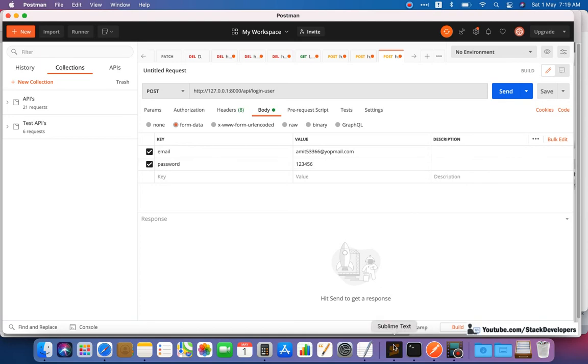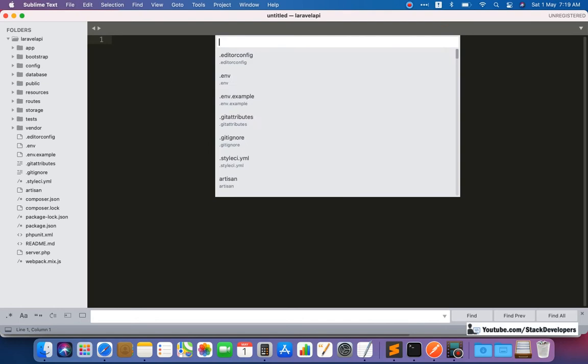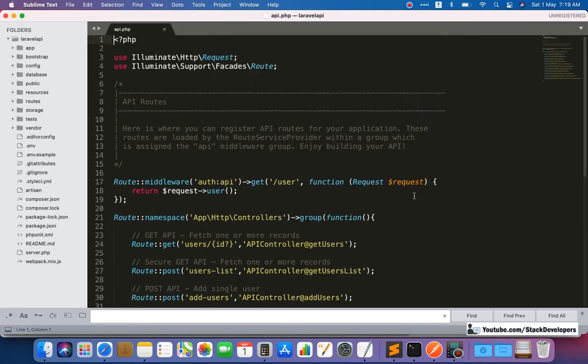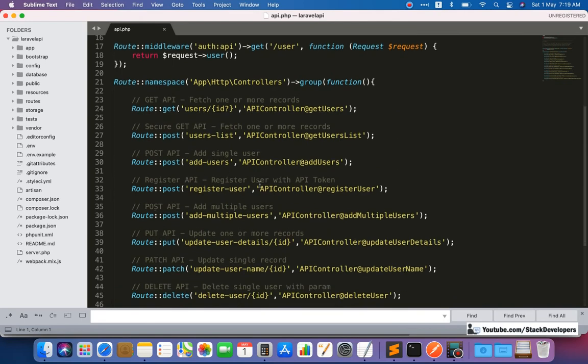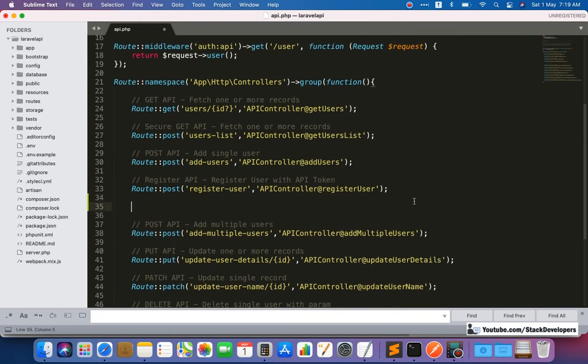Okay, so we are going to create this route in the api.php file like we created for the register user. So now we are going to create the route for login user. We are going to create the login API here. This one is for login user, and we are going to update the API token and return the API token as well.